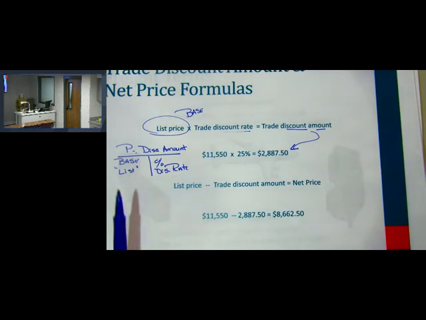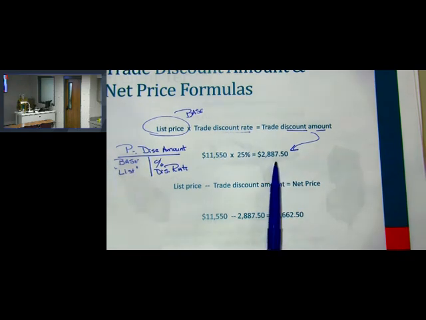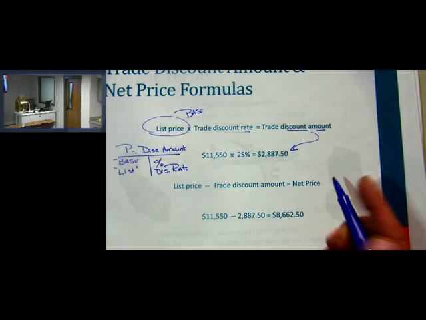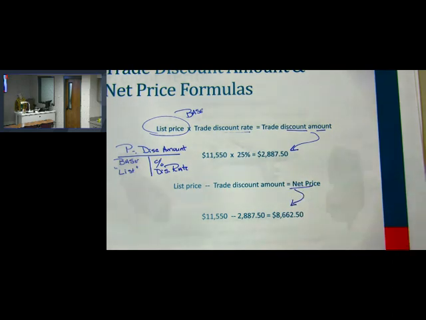List is always base. Again, just on trade discounts, if list is base, we'll always have two portions. The portions will be the amount of the discount, or the portion can also be the net amount. In other words, what are you paying for the item, which is covered here in the second note. So if we're trying to find the net price, again, we're going to take the list price, once again, our $11,550, subtract out what we've already figured that 25% to be, which is $2,887.50, do the little subtraction step, and then we get net. So again, this is net price. This is also going to be another portion.